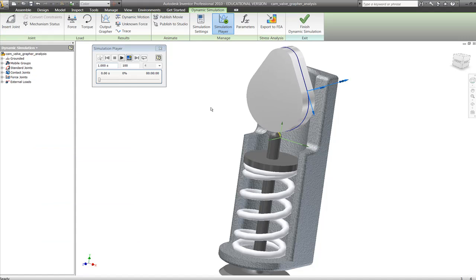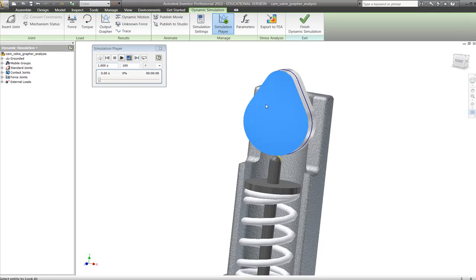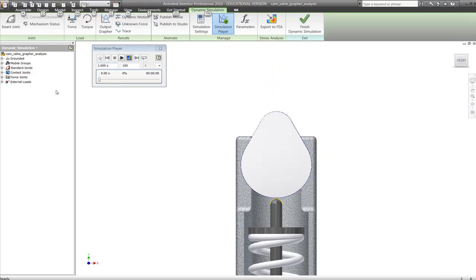And having made those selections successfully, I've got a contact joints folder in the browser now. We're going to edit the properties of that joint that we just created in a second. Just before we do, we're going to use the view face tool to look square on this face. And then we'll go into the browser and expand that contact joints folder, right click on the joint and select